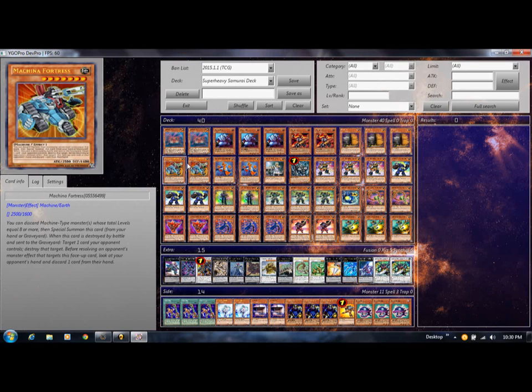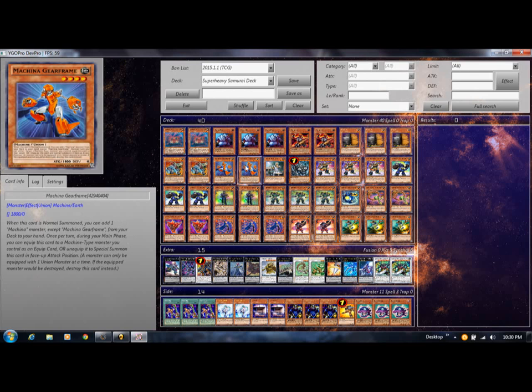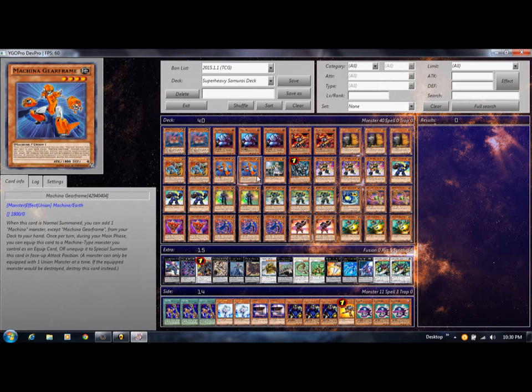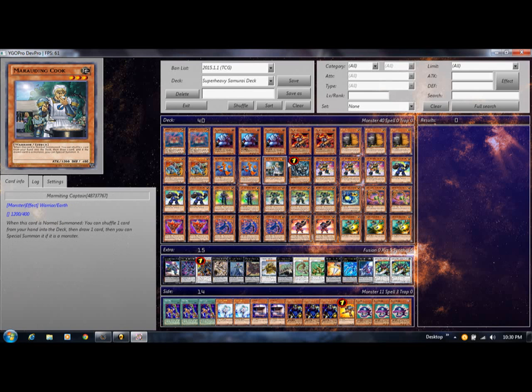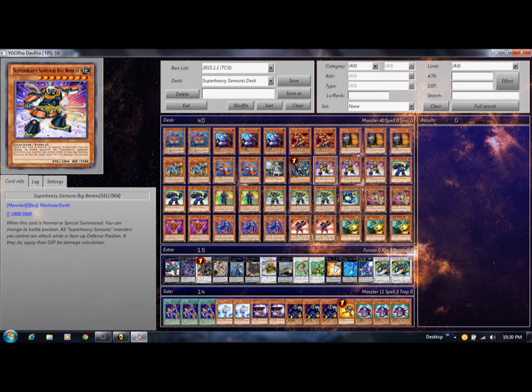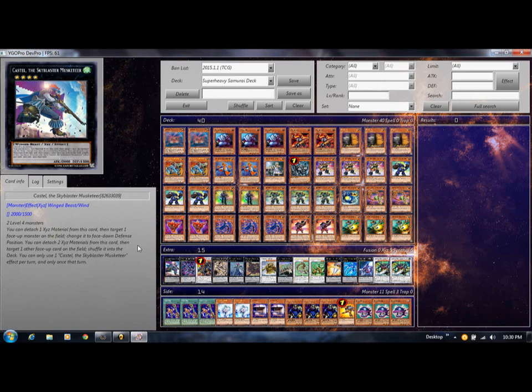2 Fortress and 2 Gear Frames. A lot of people prefer 3 and 3. I only got 2 in each in real life. This is pretty much the equivalent of my real life deck. And of course, one cook. Redox is in here for obvious reasons. 3 Big Kin, 3 Blue Ballers,